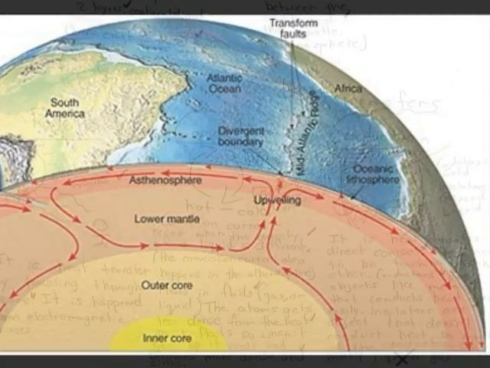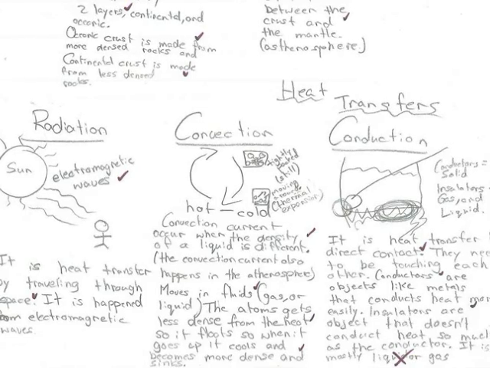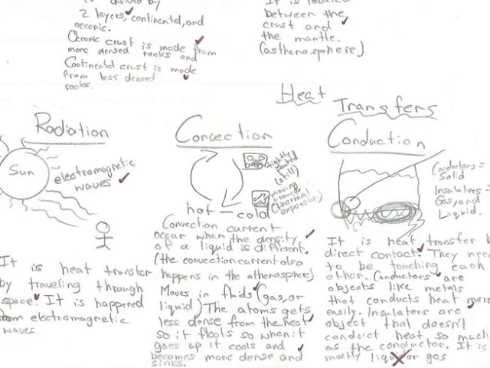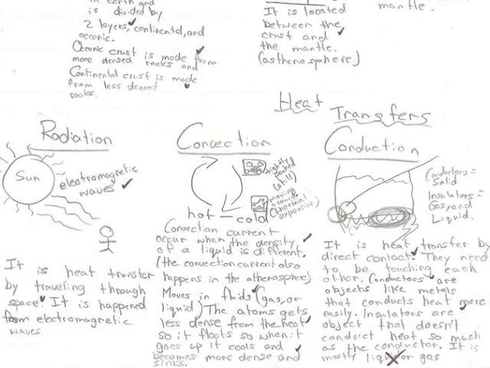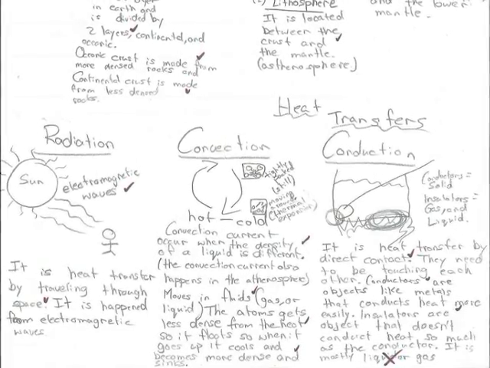heading to different directions. This is a diagram I made which explains how radiation, conduction, and convection work, and some pictures that explain the three types of heat